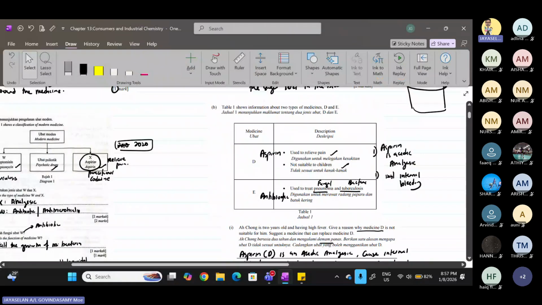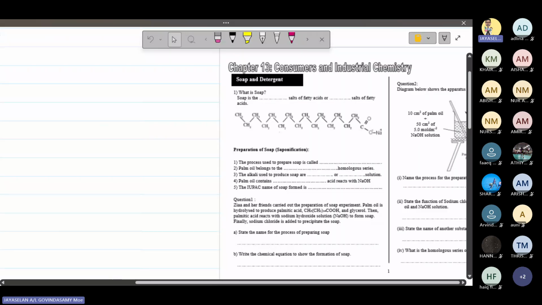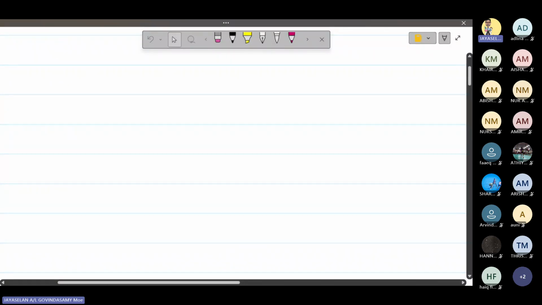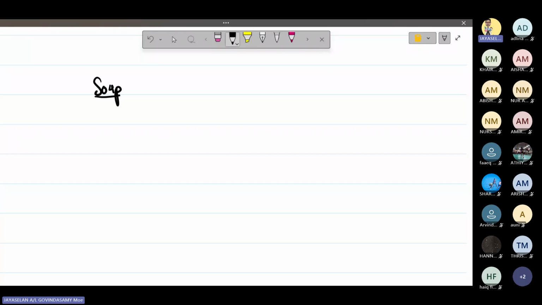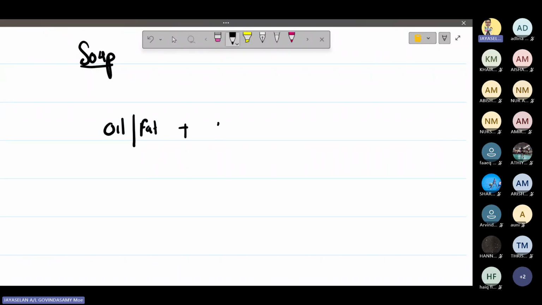So we go to today's lesson. Today's lesson will be soap and detergent. The module is already with you. When you want to do the soap preparation, please remember this. When they give you oil or fat reacted with any alkali, you take either of these two alkalis: sodium hydroxide or potassium hydroxide. For soap, we only take these two alkalis. You will get soap, plus one more substance called